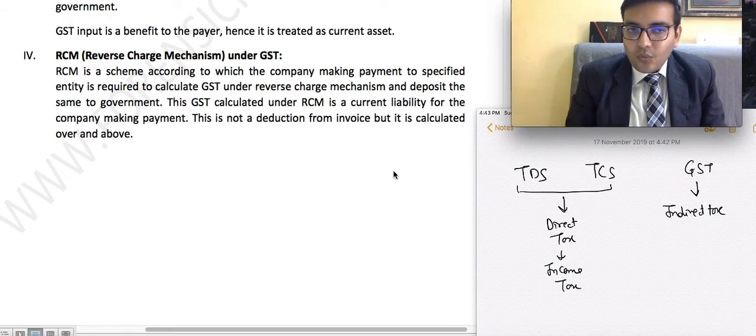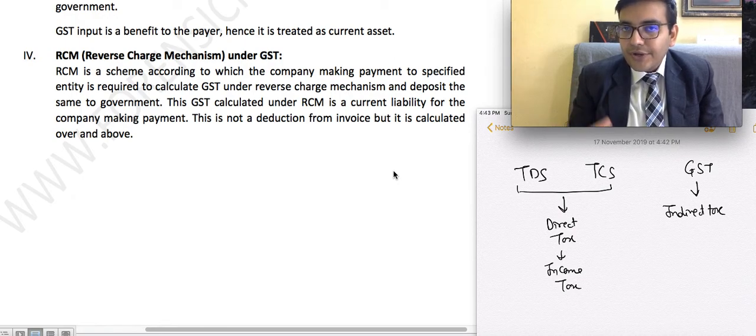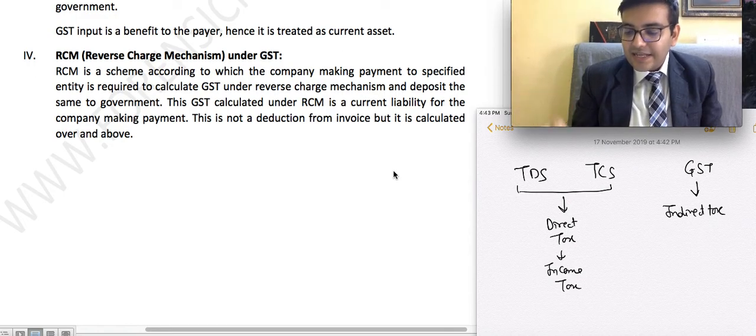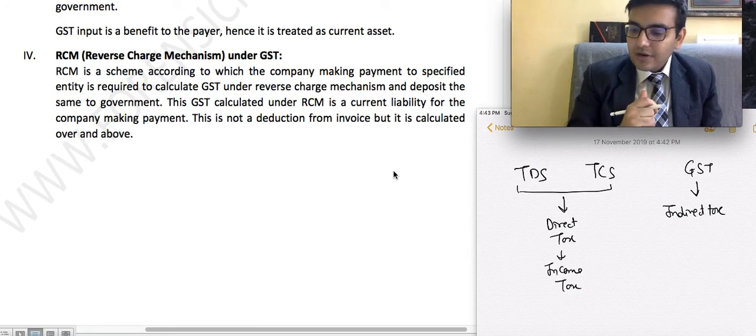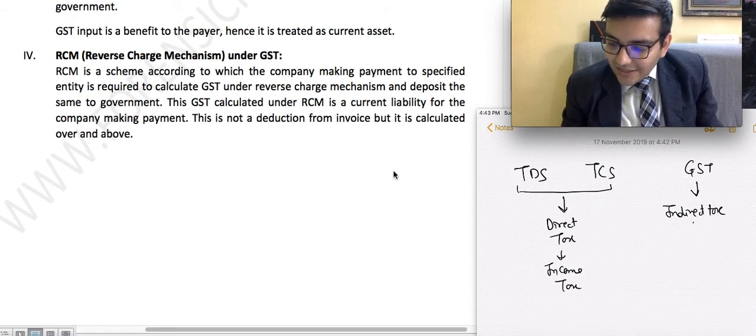Now why I'm saying this is because the reverse charge mechanism was also introduced to tax the sectors who are not paying taxes. So to charge them this indirect tax, this reverse charge mechanism was brought into the picture. Now what is this reverse charge mechanism? Right now currently RCM